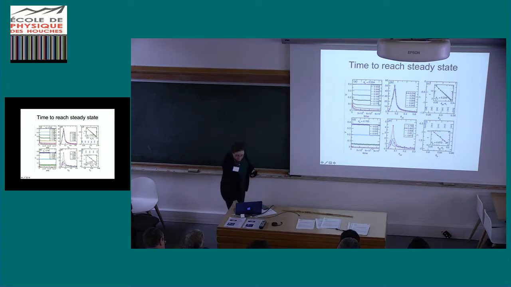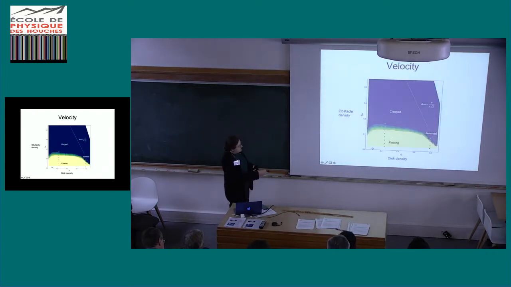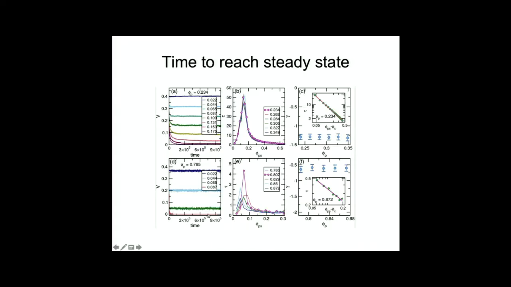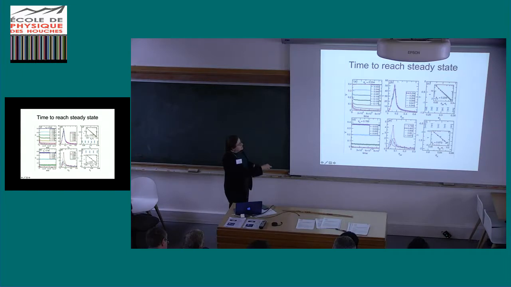What we find is that when we're crossing the flowing to clogged transition, this time scale is very long. In fact, it diverges right at that line separating flowing from clogged, with an exponent that we can extract of about 1.3. If we're going from the flowing to the jammed state at higher densities, then the time scale is extremely short. You really can't see it on this plot, but here you can see that the characteristic time is easily an order of magnitude shorter, and the exponent is quite different.